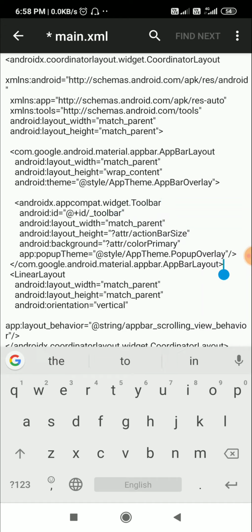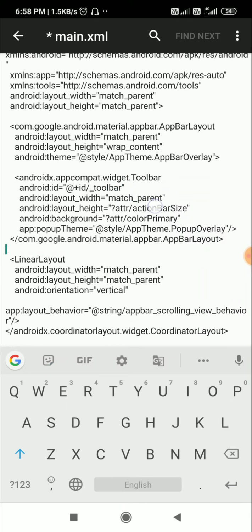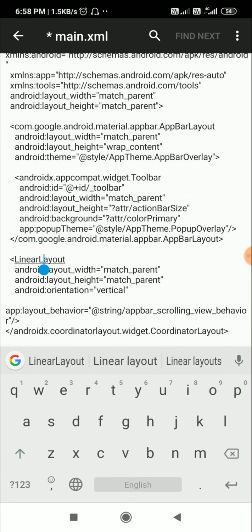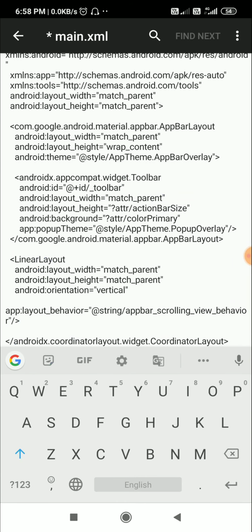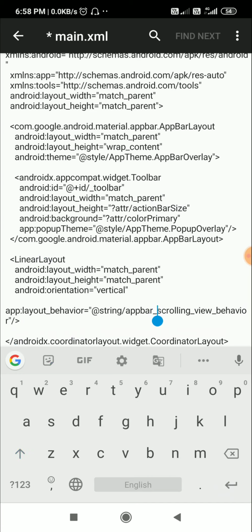Okay, and then this app bar layout ends. After the app bar layout there is a linear layout which is empty and it contains nothing. So here I will add my material card view in between this.